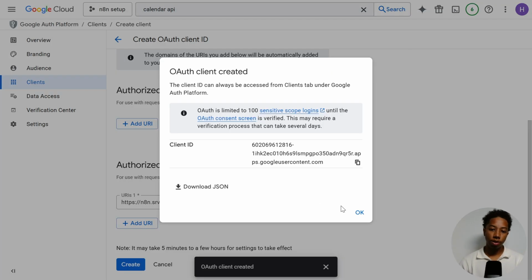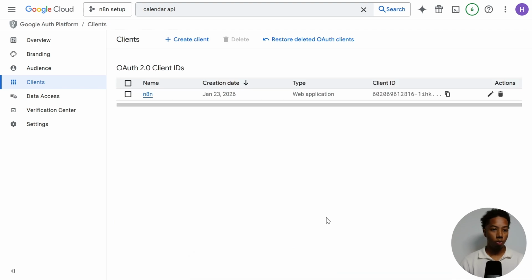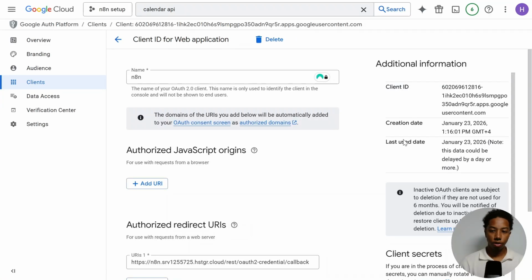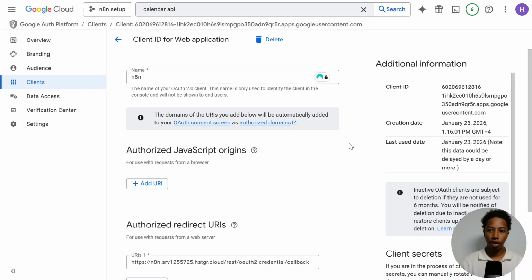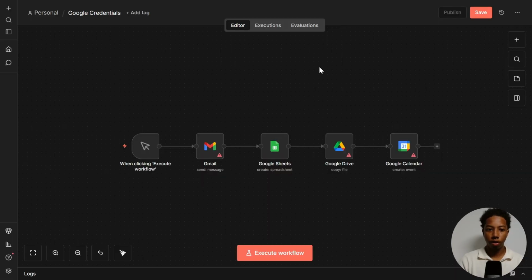And our next step now is actually authenticating the specific apps themselves. So once we've created that, we just go to clients. Once you're in the Google Cloud Platform OAuth platform, you want to go to your client ID here and select edit OAuth client. And so now we have access to our client ID right here and our client secret down here. And we'll want to leave this open so that we're able to connect to all of our apps